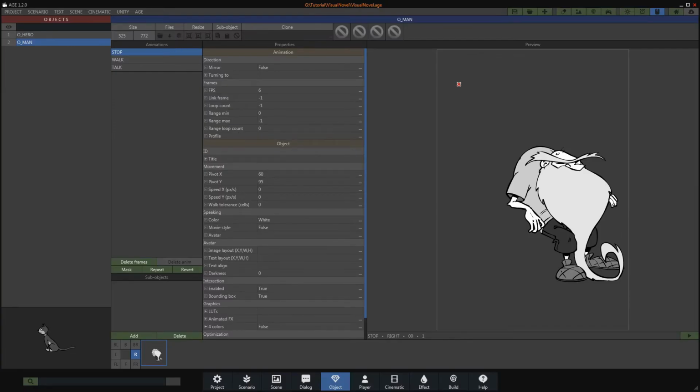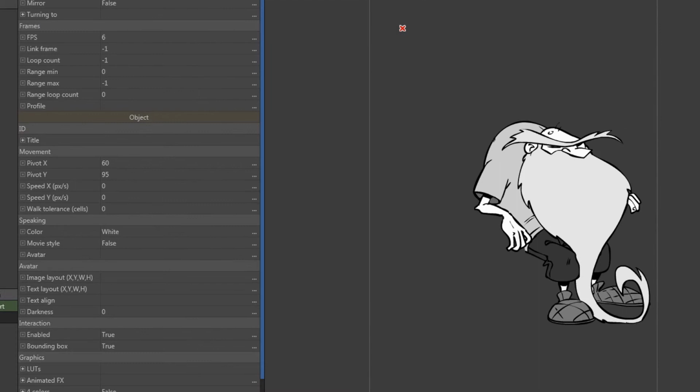This manipulation re-imports all the PNGs of the object. Then you must correctly position the pivot point via the cross, either by double-clicking on the image at the desired location or by entering the coordinates directly in the properties. The pivot point has several uses: to manage the change of direction, the position relative to the ground or a surface, and the display order to control the depth. Again, this subtlety is not essential for our visual novel.